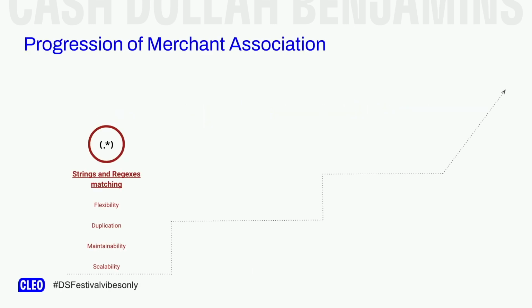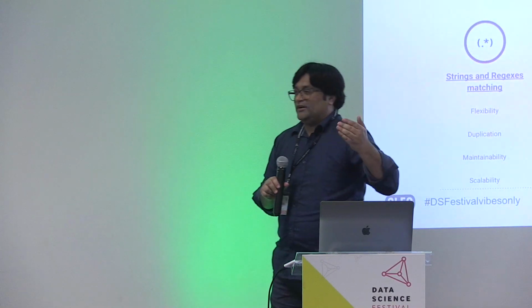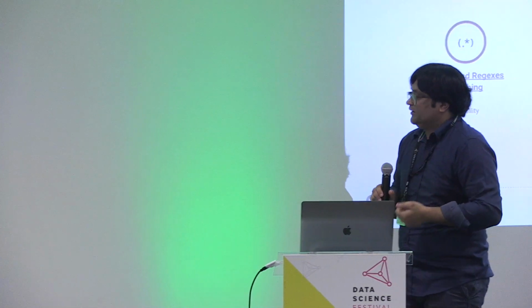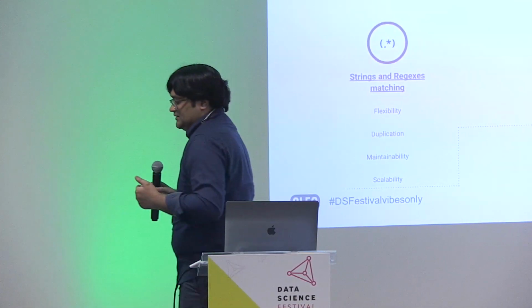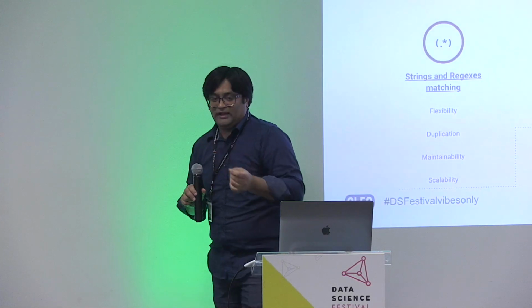So how does merchant association happen at Cleo? Historically, we were using string and regex matching, so regular expressions. There were lots of regular expressions written at the back end, which were optimized for latency. The idea was that for different banks, we could eyeball the data, see which transactions were coming in, figure out how to extract the merchants, write hand-coded rules for that, and then do this for every bank or user that comes in. But obviously, this approach lacks flexibility, because you can fix the hard-coded rules, but then a slight variance or a new bank could disrupt that.